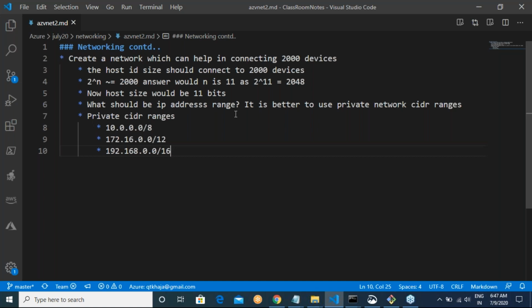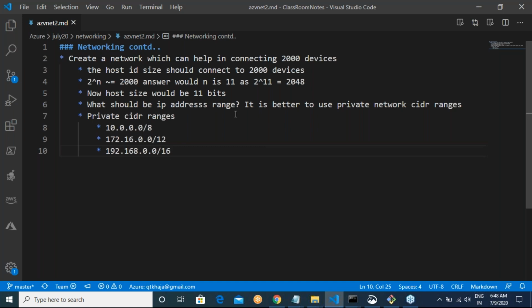Even if I try, I get the same IP address range. If you go to your workplace and find out the IP address of your laptop in your organization, it would be some 10 series. But if your IP address belongs to any of these ranges, we are indirectly saying that this network is a private network. These IP addresses are reserved for private usage.